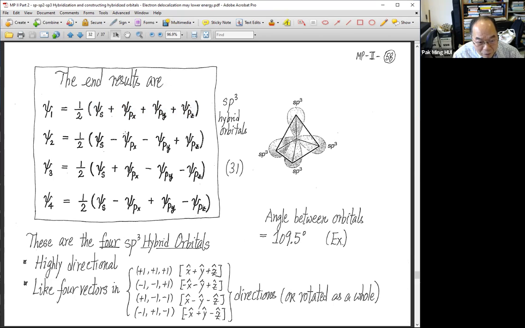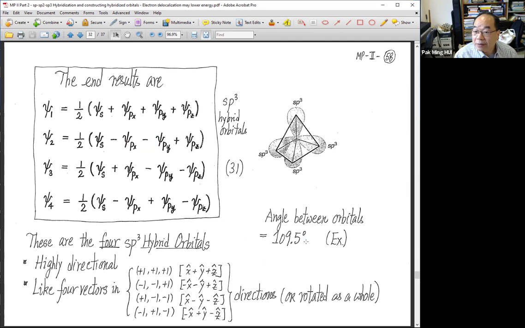And you can play around with this idea. This is like minus, minus, plus, okay? It's minus 1x minus 1y plus 1z. So it's another vector pointing in a different direction. And you can play with the angle between any two of them. And that is the famous angle 109.5 degrees. Okay.